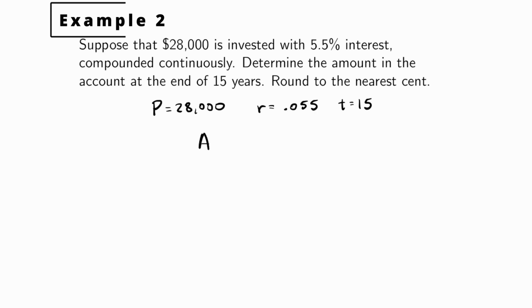So the amount we earn is going to be P times the exponential of 0.055 times 15. So that will be 28,000 times e to the 0.825. And if you work that out and round to the nearest cent, you should get